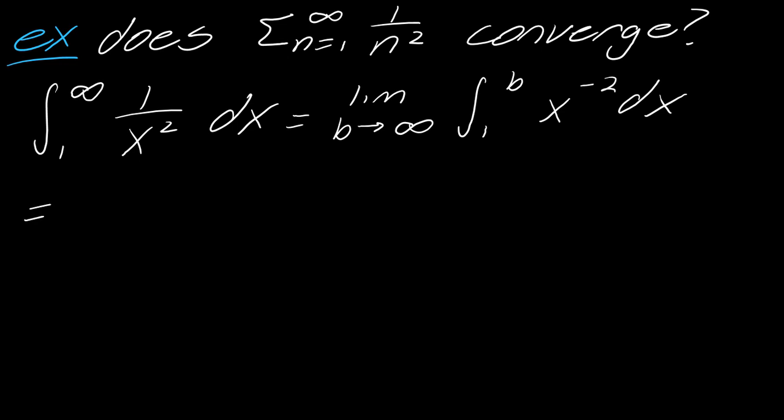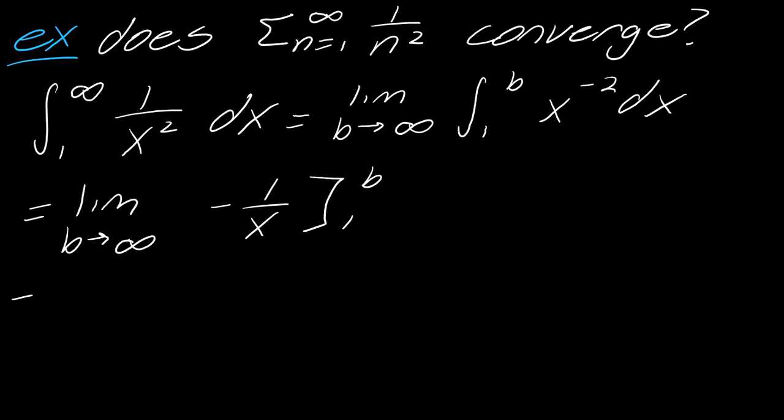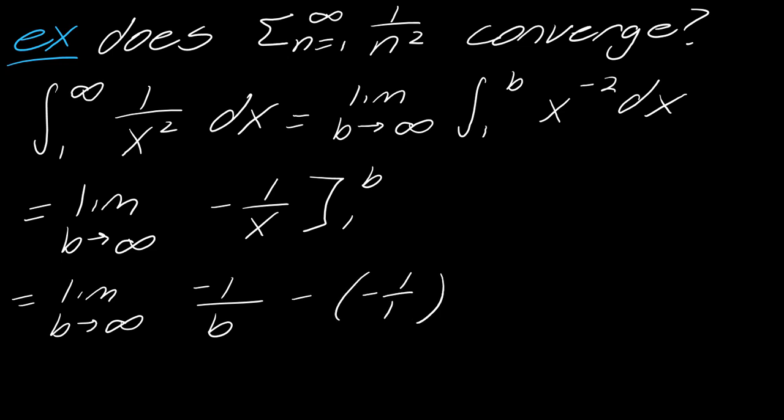Okay, so now if I integrate this, I'm going to get negative 1 over x. Oops, sorry, I forgot about the limit, my bad. The limit as b goes to infinity of negative 1 over x from 1 to b. Okay, cool. And so then this turns into the limit as b goes to infinity of negative 1 over b minus negative 1 over 1. So the limit as b goes to infinity of negative 1 over b, that's going to be 0 plus 1, so this equals